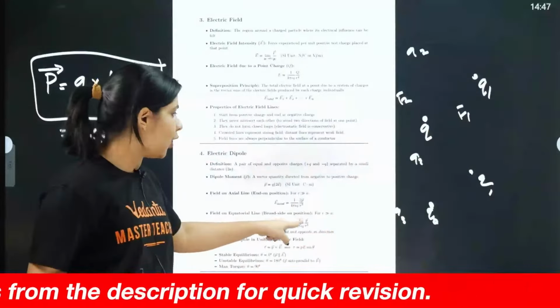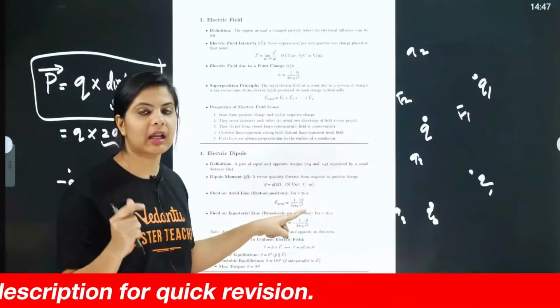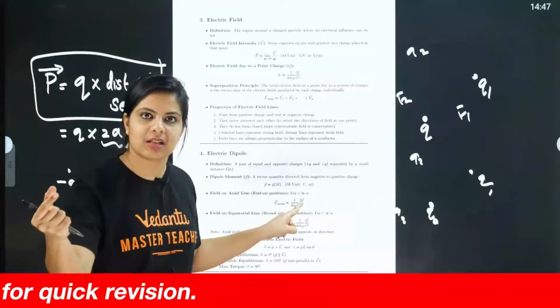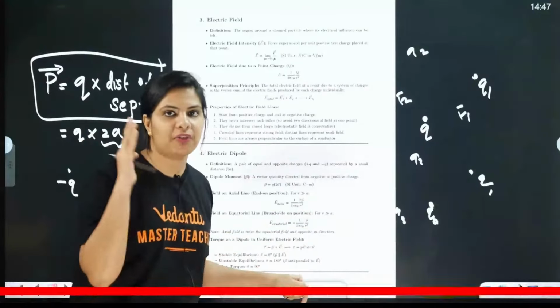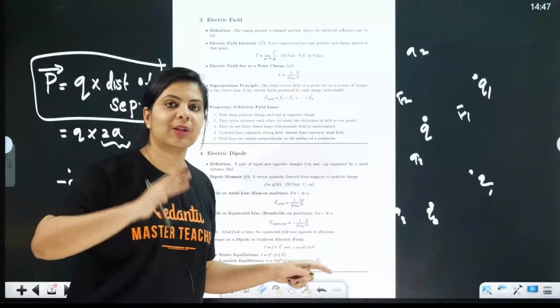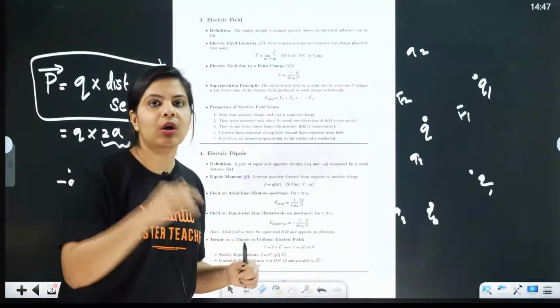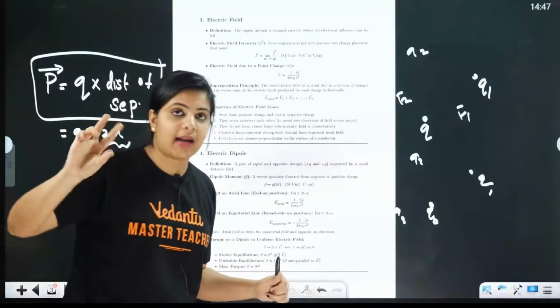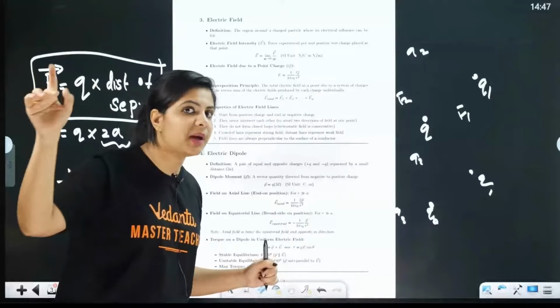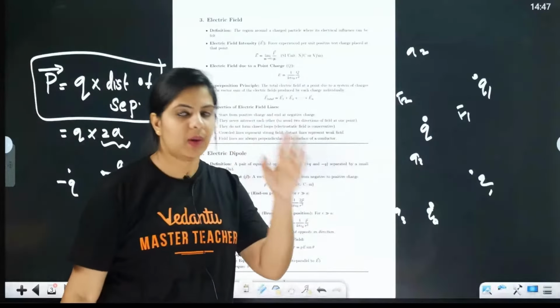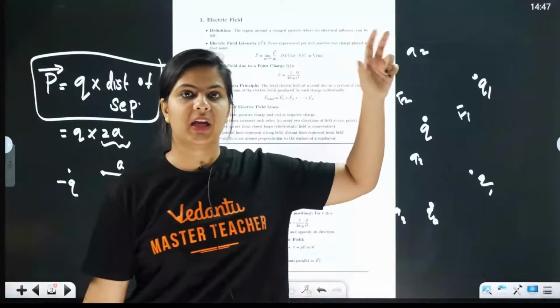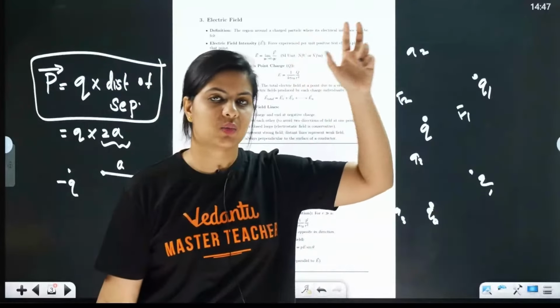And in the numerator there is p. Correct? What is p? q into some distance. Correct? So the dimension must be correct. Therefore, wherever you are finding something about the dipole, the potential, we know, is proportional to 1 by r, but when the dipole relation comes, it is 1 by r square. Understood? So we can just remember this equation: 1 by 4 pi epsilon naught q by r square, the electric